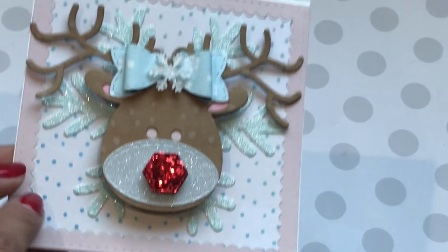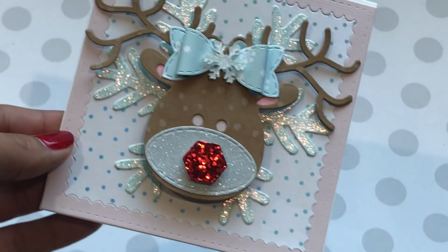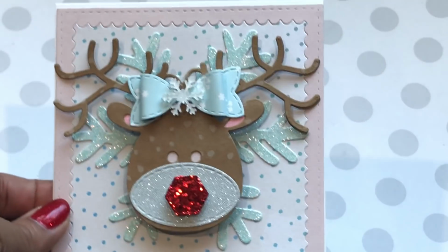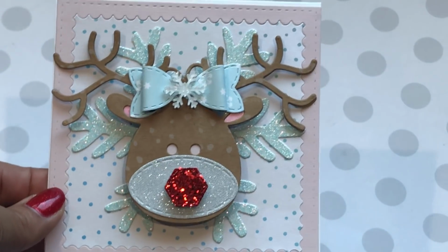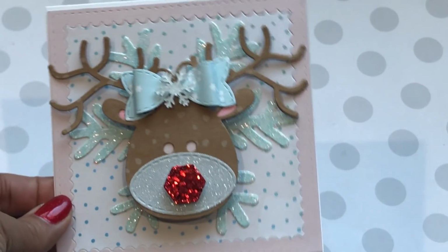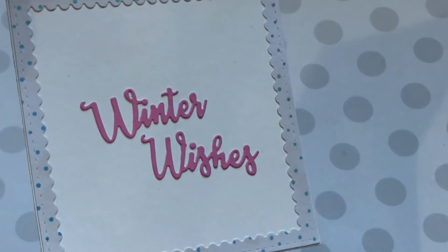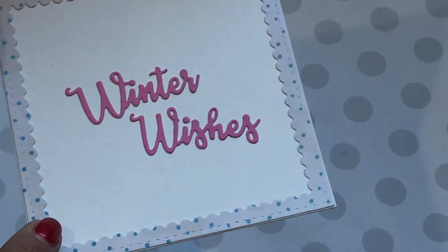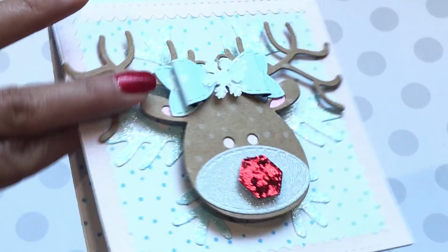And this die right here, I want to say it's either Pretty Pink Posh or Mama Elephant. I cannot remember which company I purchased it from, because I didn't have the tag in my little sleeve. But in case you're wondering. So super cute. And then on the inside, I finished it off like this, and it just says Winter Wishes, and that's the Sizzix die set that you can pick up from Hobby Lobby this year. So a super cute card,